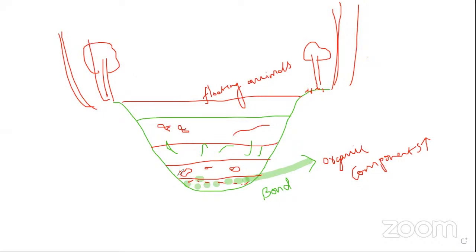Each one, it is nothing but the bottom of the pond. And above, there is a first trophic region, second phase and third phase, like that. The temperature, the climate and also the organisms differ. So it is collectively called, what is that? Pond ecosystem. So this is very, very important.